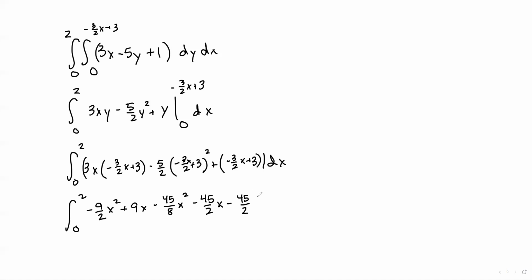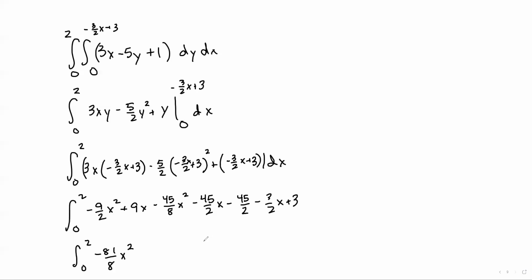Negative 45 halves. And then minus 3 halves x plus 3. And let me just check my notes here. Okay, everything looks good here. And then we can go through and just combine like terms 0 to 2. So negative 9 halves and negative 45/8. So we can multiply by 4/4 here to make this into negative 36, negative 81/8